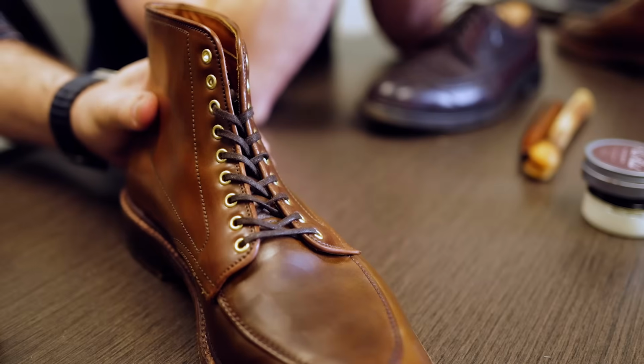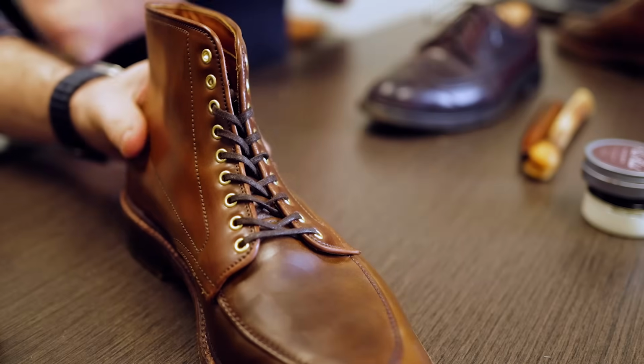Brushing the leather while it's still damp, before it has dried, it won't shine up. Yeah, how long does that take? I'd say like 5 to 10 minutes. All right, well, while we're waiting,